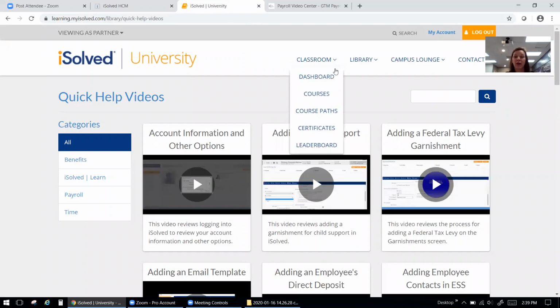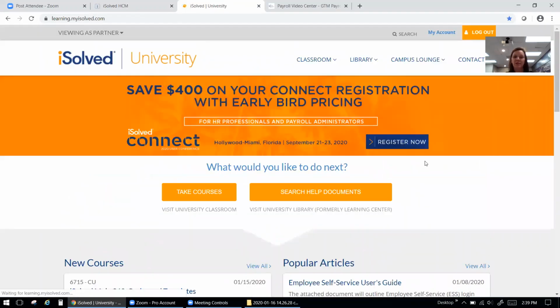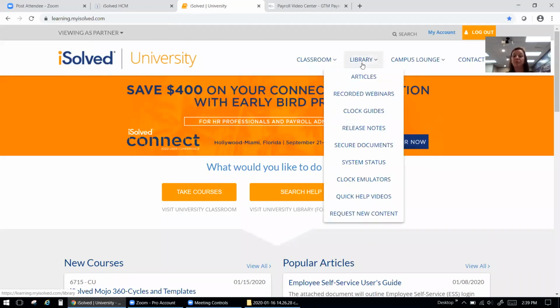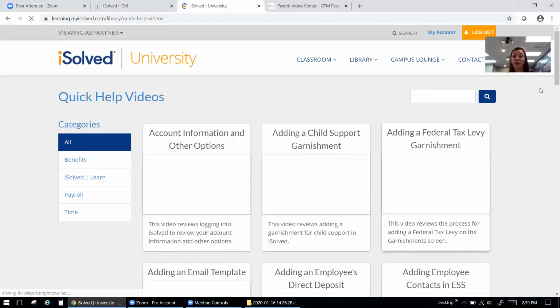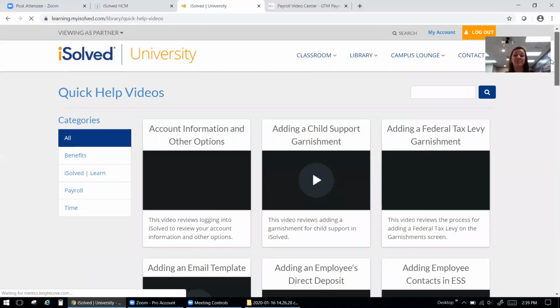We are going to go here, and we'll go to the home page, and you'll see this bright orange bar here, and then the library. Quick Help Videos is one I want to show you. You click Quick Help Videos, and then there are a lot of quick videos based on those questions that clients